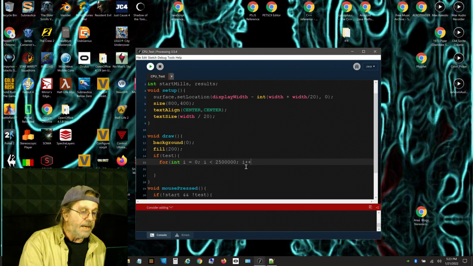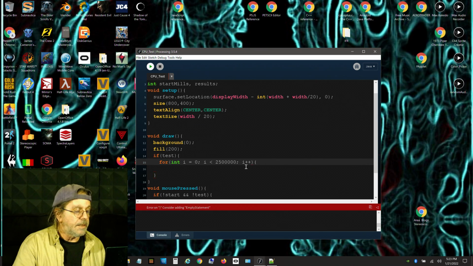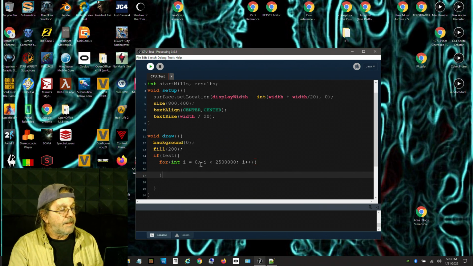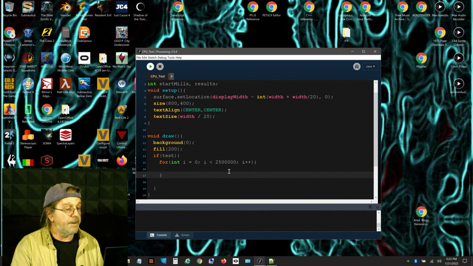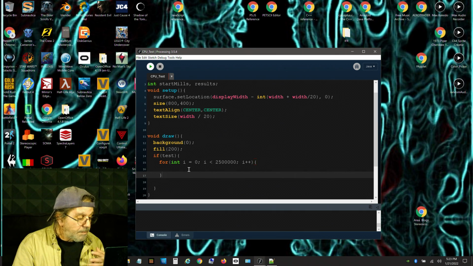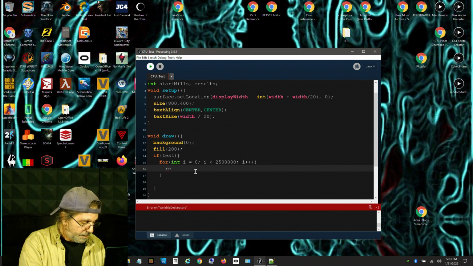Now we increment the i, and so this is basically saying that while i is less than 2.5 million, just keep doing this loop. Now in here I'm going to do one calculation. It's not much, and I'm going to say our results are equal to